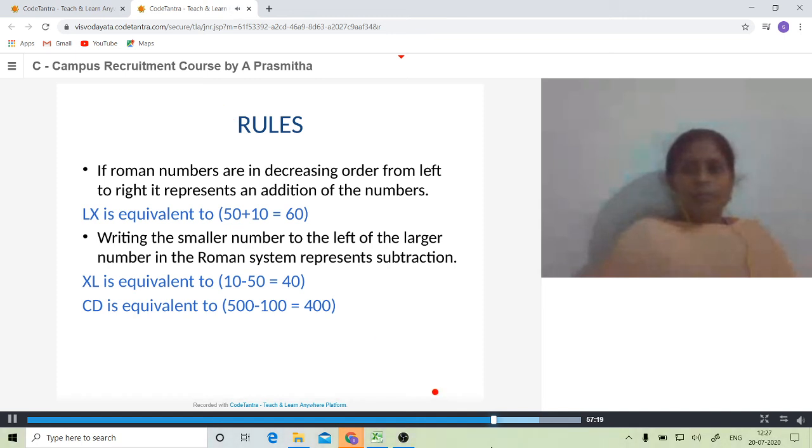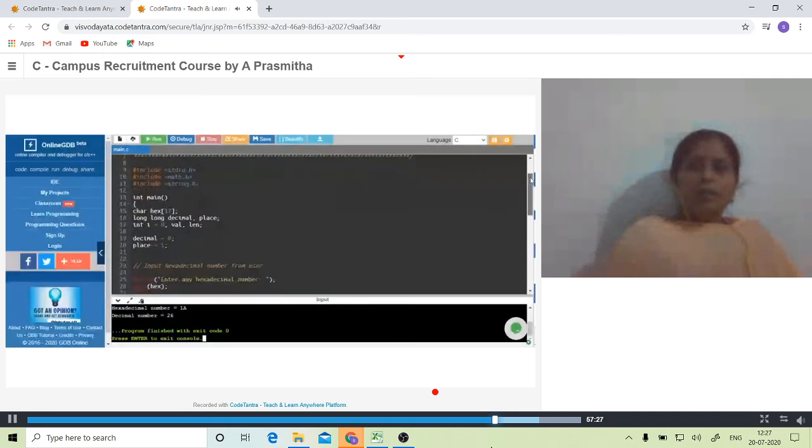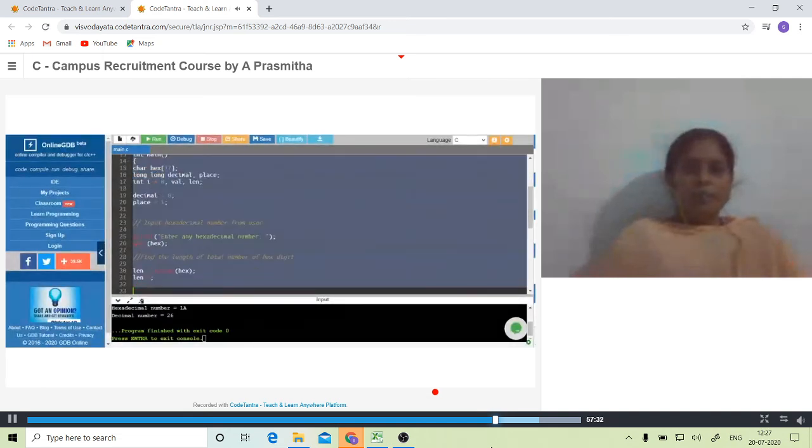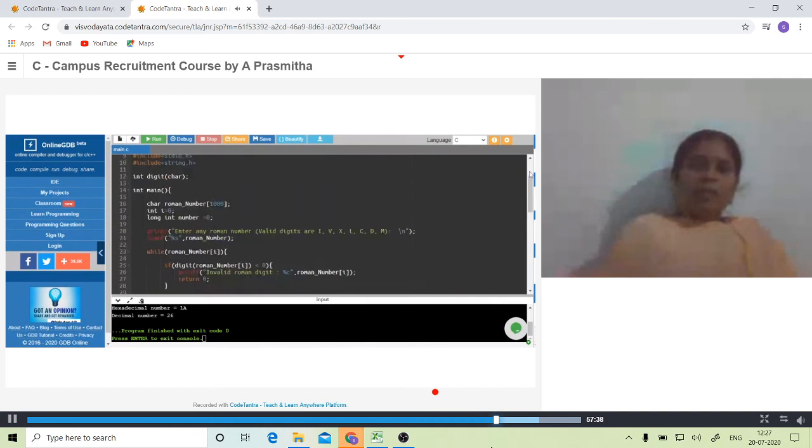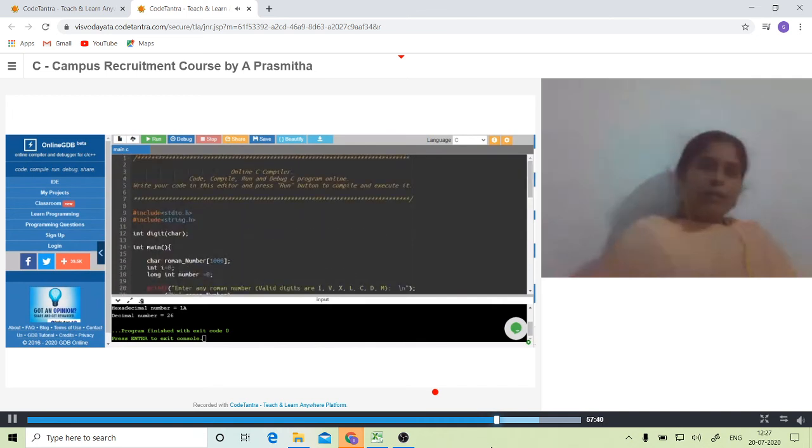I'm sharing the screen again. I'm going into our editor. So in this we are going to write the program. See, in this program, first we declared a function. I'll explain what a function is later.